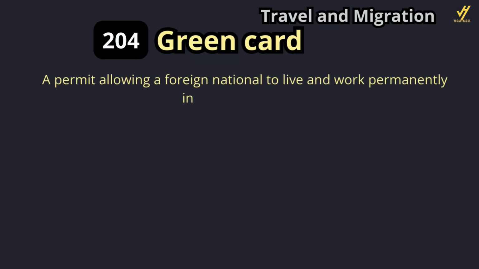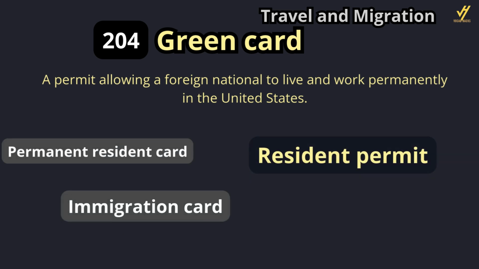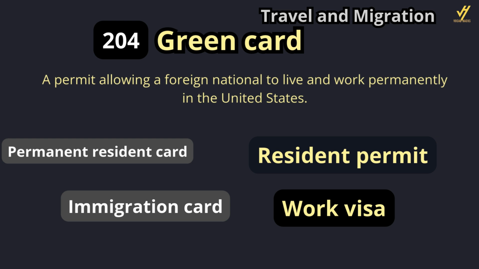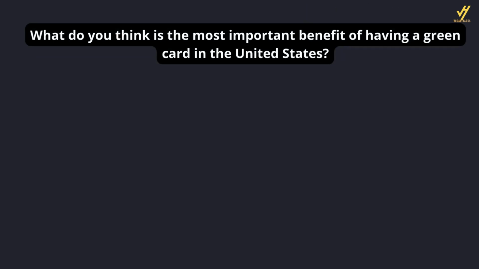Green card. A permit allowing a foreign national to live and work permanently in the United States. Permanent resident card. Resident permit. Immigration card. Work visa. What do you think is the most important benefit of having a green card in the